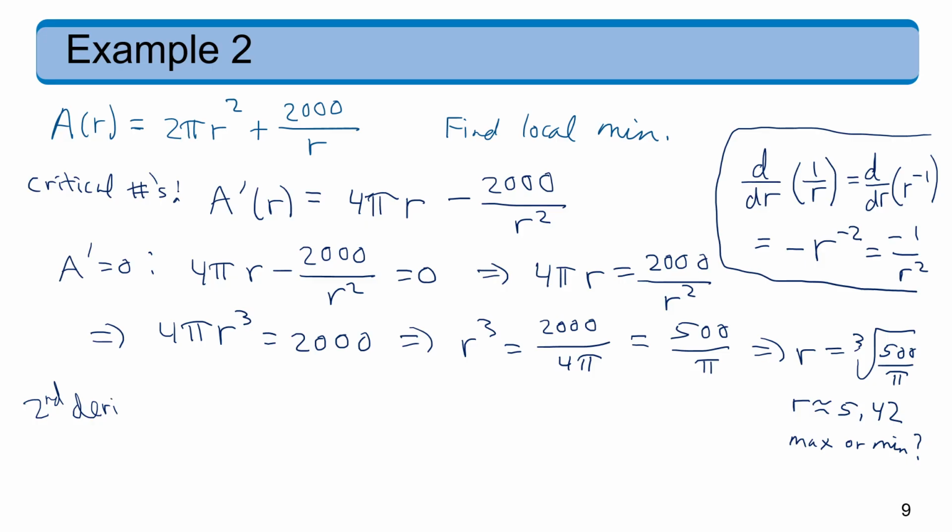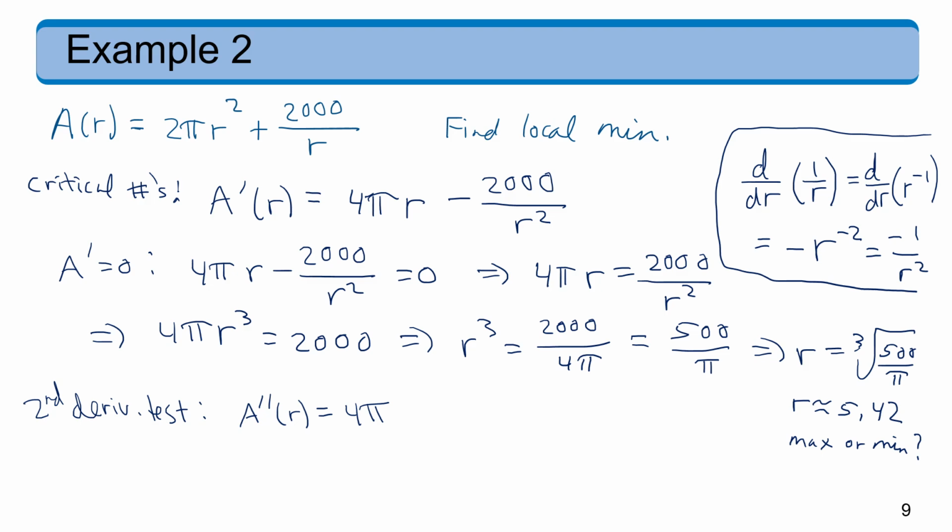So let's use that. So we're going to need a double prime. So look at the formula for A prime and take its derivative. Right, so up here, the first term, a constant times r, the derivative is just that constant, so that will be 4 pi. Now the next term,